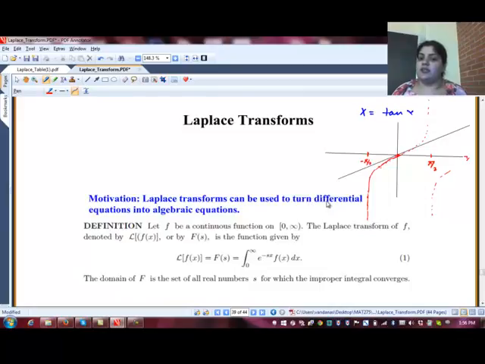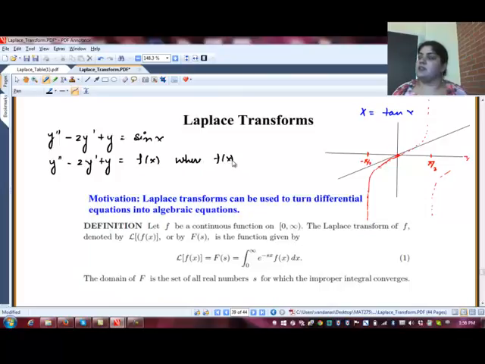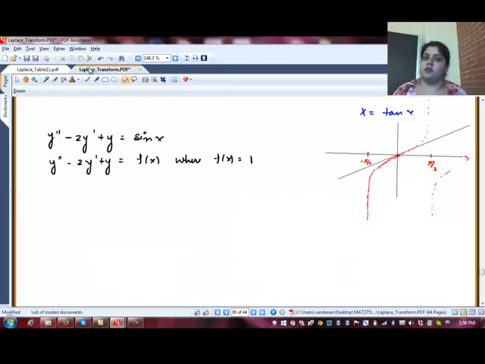But what is another significance of Laplace transform? So far we have learned how to solve differential equations like this, right? You know how to solve this differential equation. But if I give you a differential equation y double prime minus 2y prime plus y equals f(x), where f(x) is 1